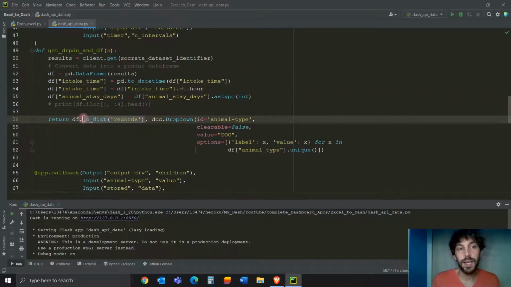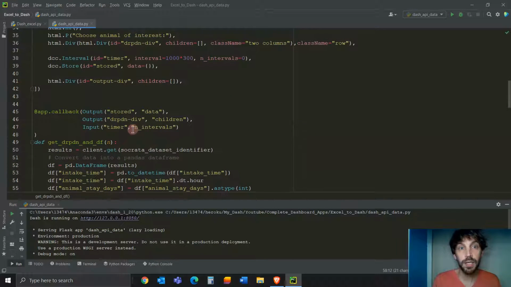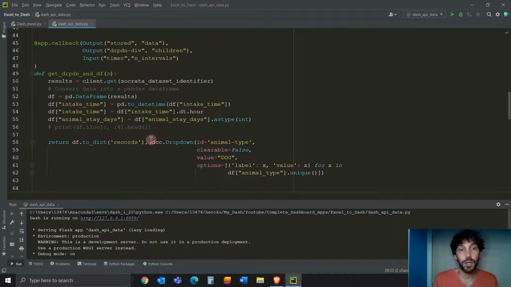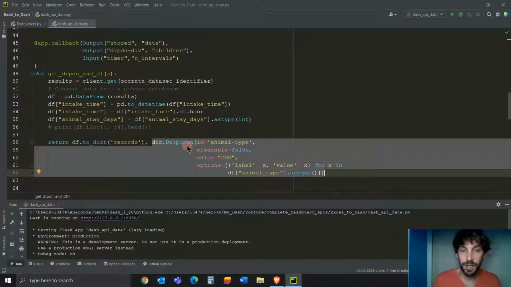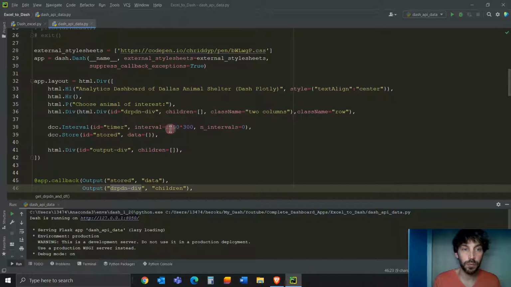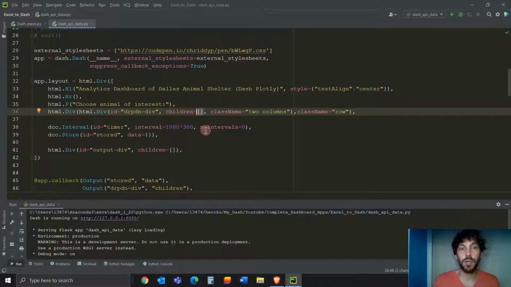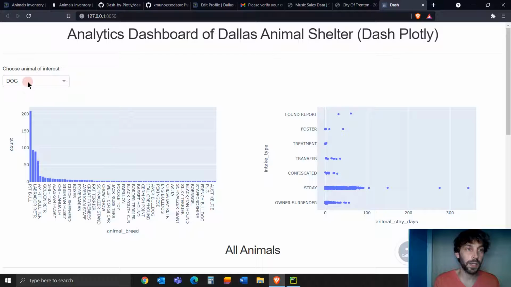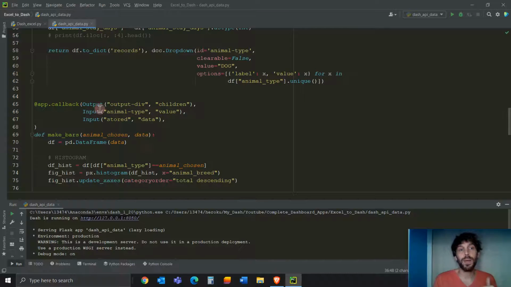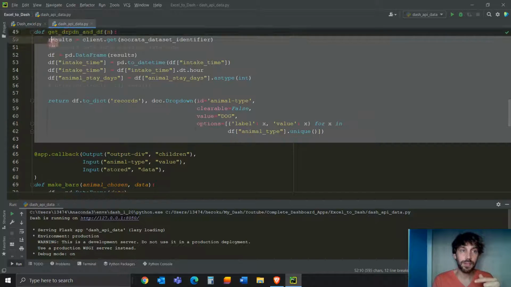So we're storing this data as a dictionary in the Store component in the client's web browser. And the dcc.Dropdown, the whole component with values and options and everything, we're storing into the children of this div. So it's going to be inside of here. This is where a dropdown goes, right? Because it's in 2 columns in 1 row, the first row is going to go right here. So after we put that in there, the first callback gets activated,